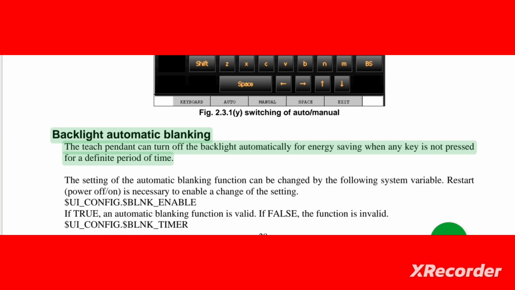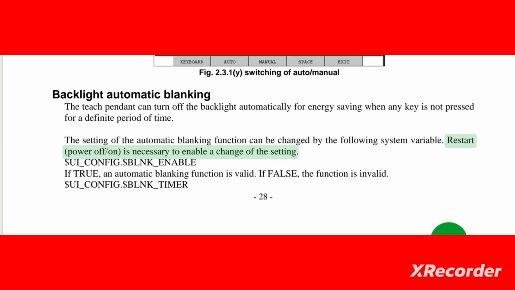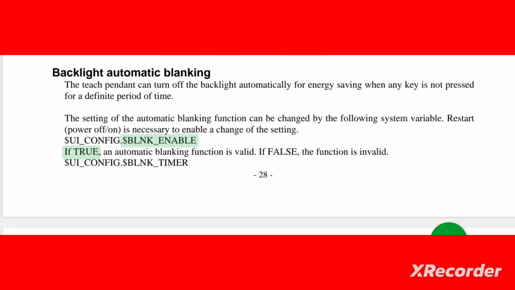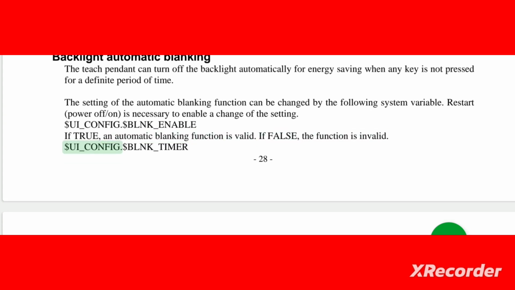Backlight automatic blanking. The teach pendant can turn off the backlight automatically for energy saving when no key is pressed for a definite period of time. The setting of the automatic blanking function can be changed by the following system variables. Restart (power off/on) is necessary to enable a change of the setting. $UE_CONFIG.$BLNK_ENABLE: if TRUE, the automatic blanking function is valid. If FALSE, the function is invalid. $UE_CONFIG.$BLNK_TIMER: